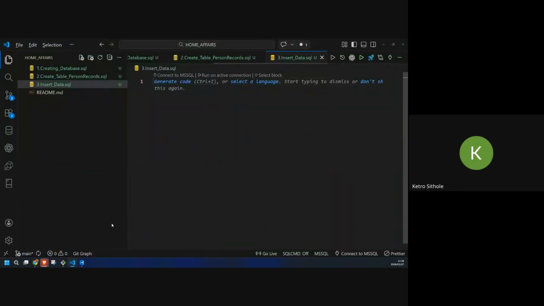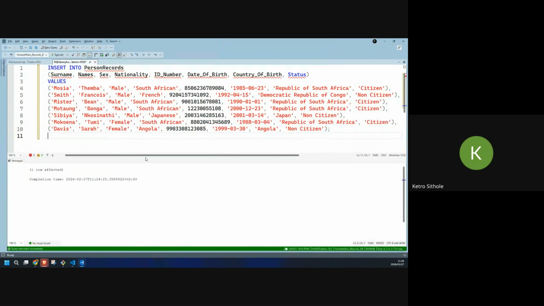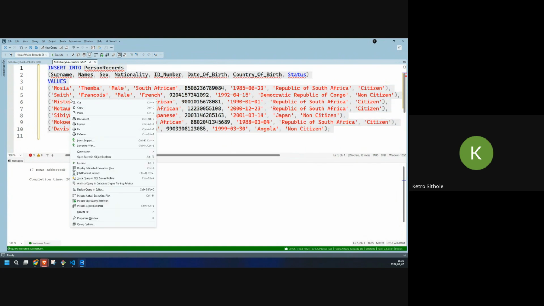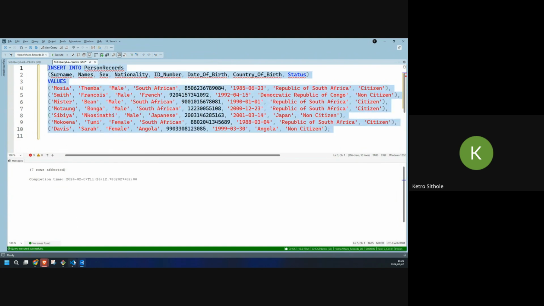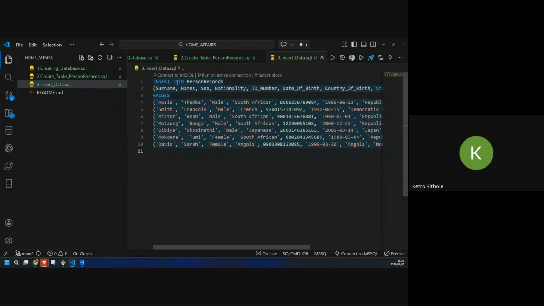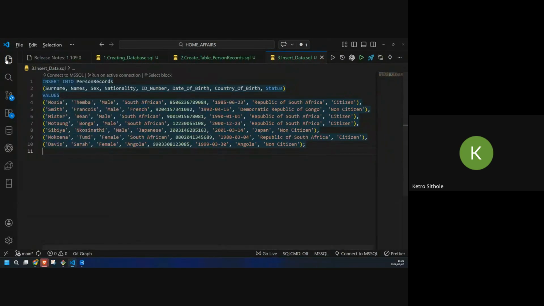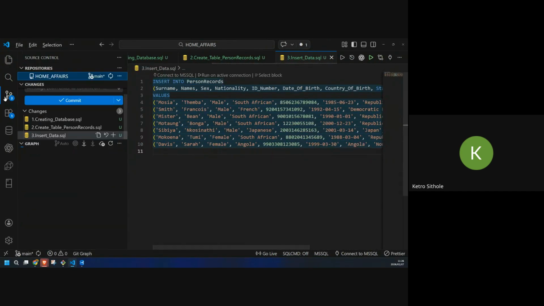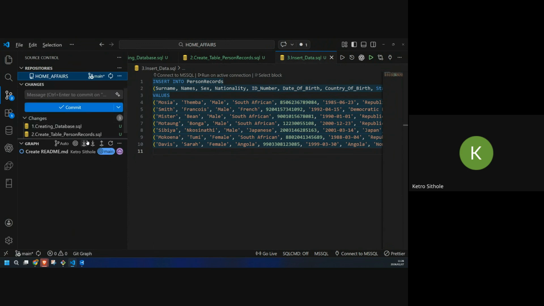Yes. So now I'm inserting data. This is the data that we are trying to insert now. If we run this, 7 records affected, right? But I need to save this code so that I can use it in future if I need it, and then I can save it here. Once it's saved here, I can push it to GitHub. Do you guys remember we spoke about GitHub? The first thing we did was basically learning GitHub. So now I can say,